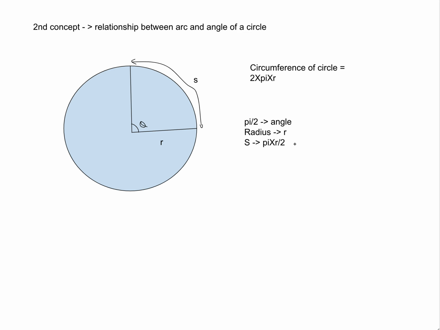That means if you see here, then radius, what is the conclusion? The conclusion is a very beautiful conclusion you can see over here. That means, how are these three related? If you see, this arc is equal to pi multiplied by r divided by 2, right? So this arc is nothing but equal to